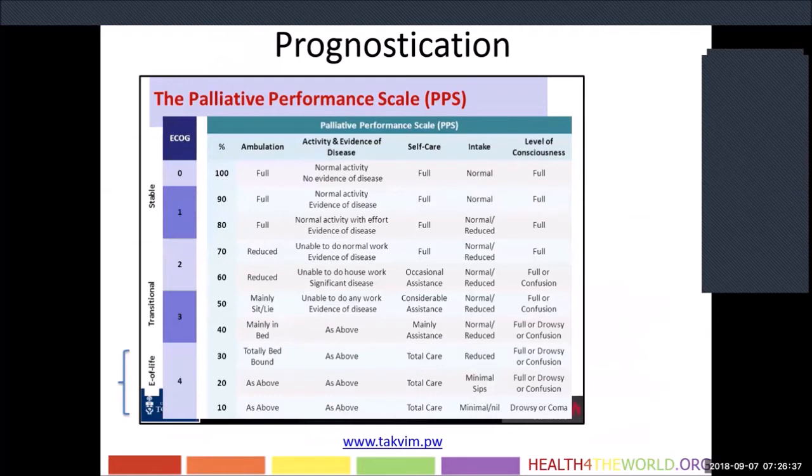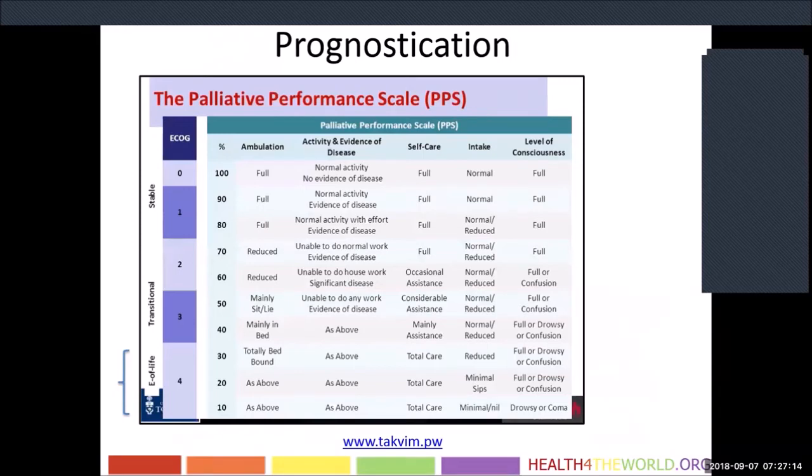And when you think about all diagnostic scales that tell you how patients are going to do in the future, most of them have a functional component, and most of them depend a lot on functionality. So basically, the more functional you are, the better your prognosis. The less functional you are, the worse your prognosis. We use a lot of the Palliative Performance Scale here, which has been validated primarily in cancer, but has been extrapolated for other serious illnesses.